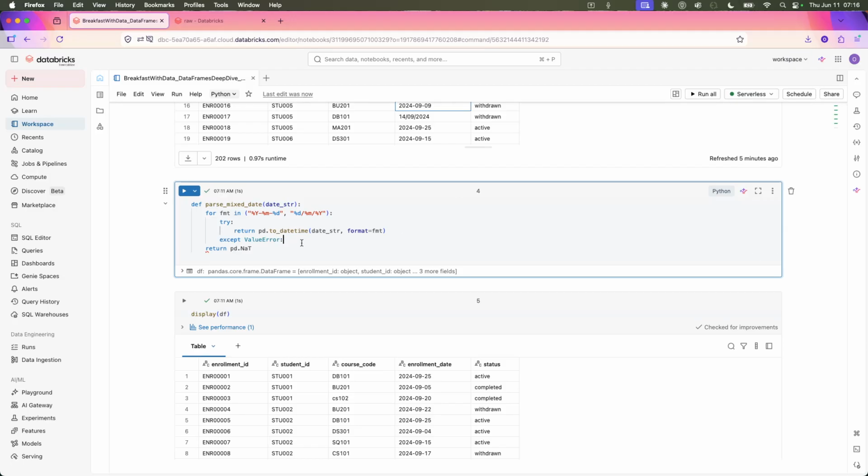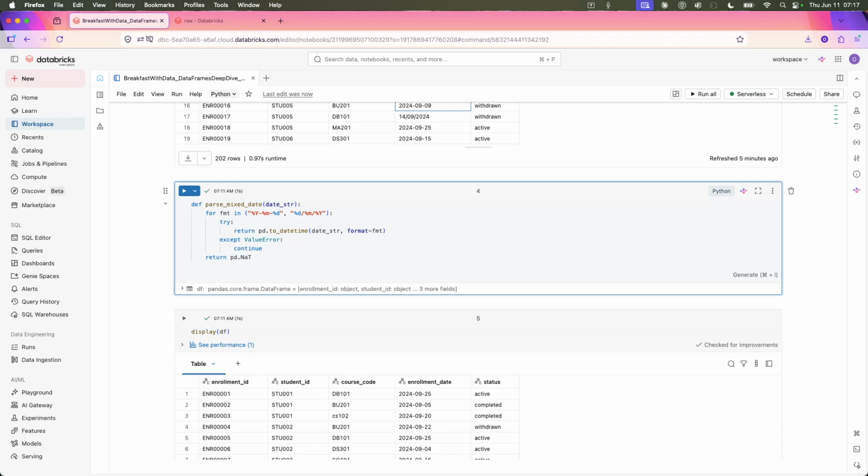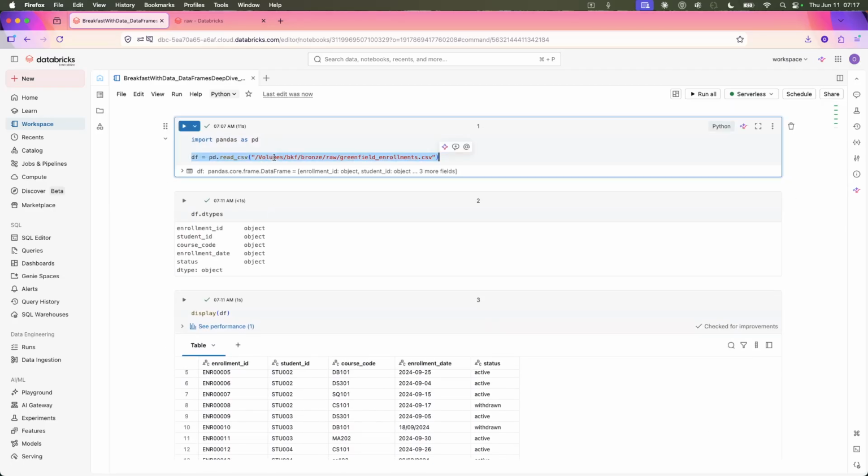Oh, if we have this value error, we have to continue here. Okay, I think that is fine now. Then we can do the same, run the same pd,